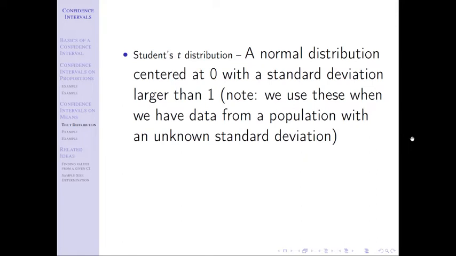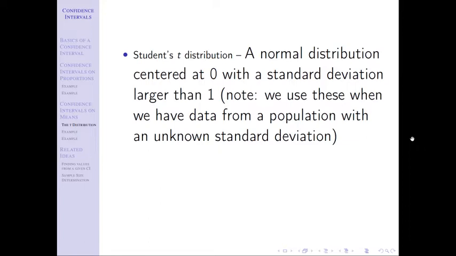And so the first part of that definition sounds very similar to a z-distribution, right? Because a z-distribution is a normal distribution. It has a mean of 0 and it has a standard deviation of 1. So a t-distribution, also normal, also mu of 0, but its standard deviation is larger than 1. And so right off the bat, I want to point out something. There is one z-distribution,